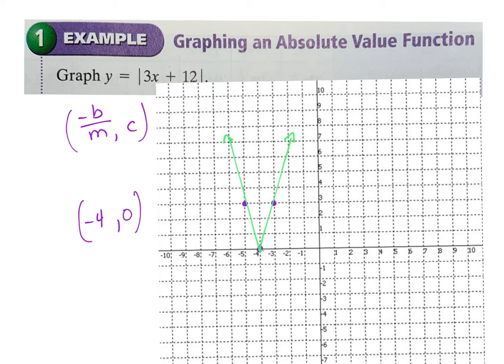Now, I will tell you, if you look at example 3 in your book, they teach you to create 2 different lines and then to graph them. I actually think that's more difficult, personally. I think there's more room for error when you do that. It's easier to me just to use symmetry. These are always symmetric. And so if you can figure out one point, you can figure out the other one, because once you have your vertex and your slope, you kind of have it in place. All right. So